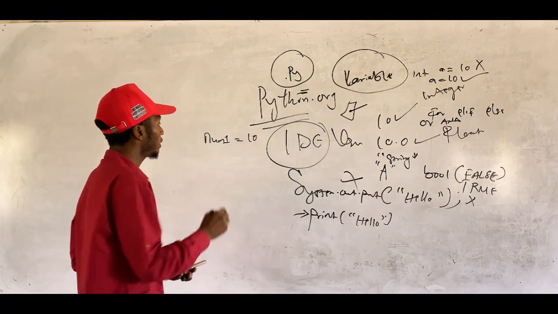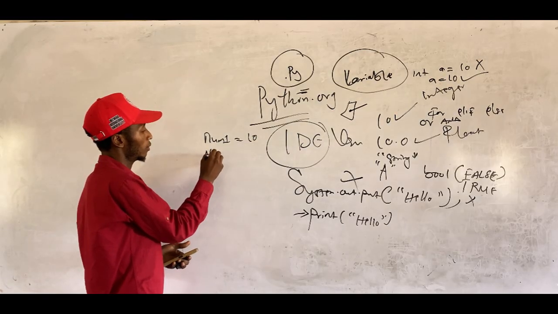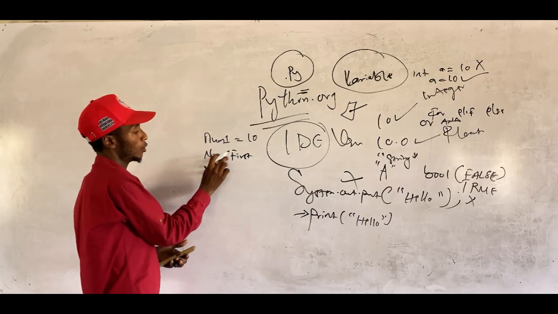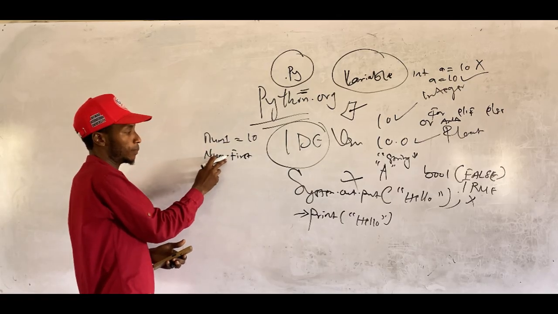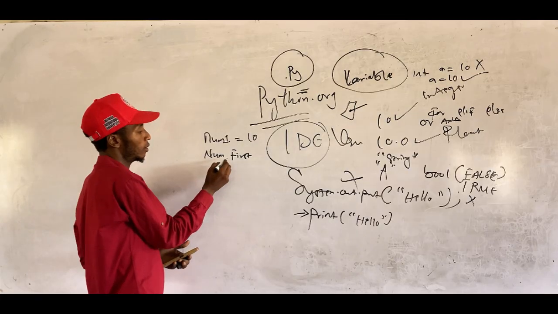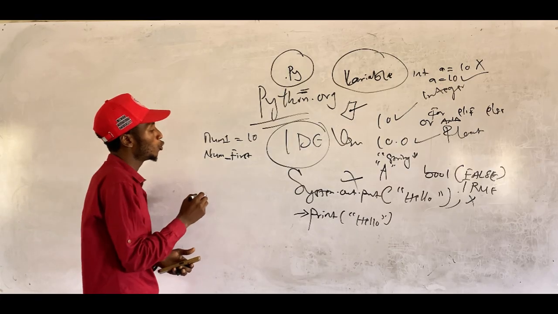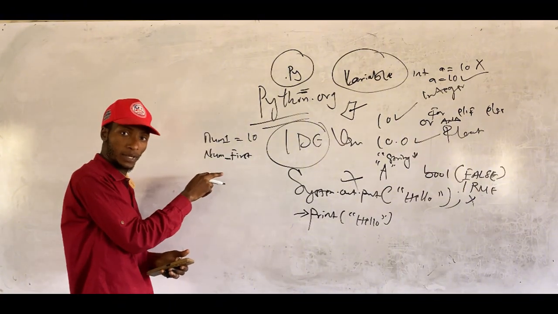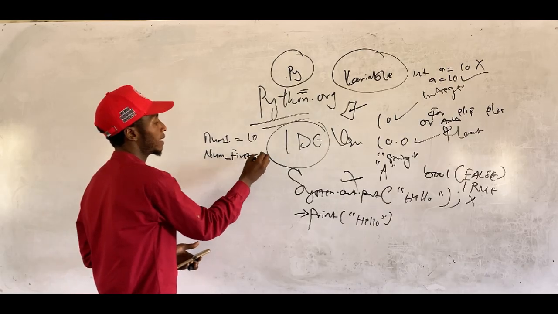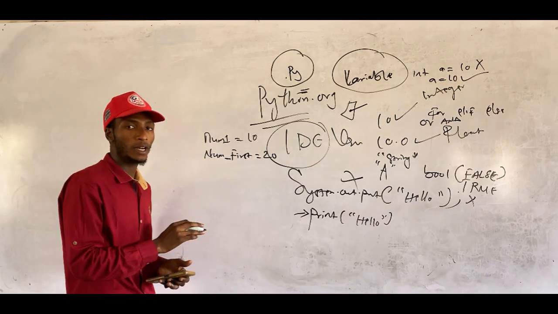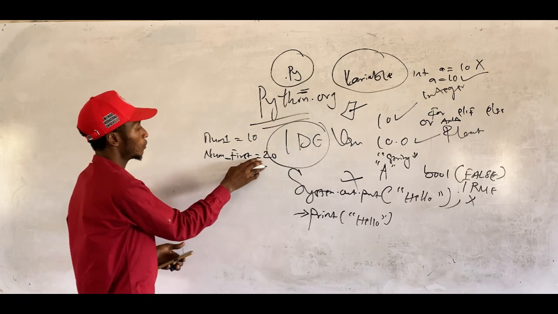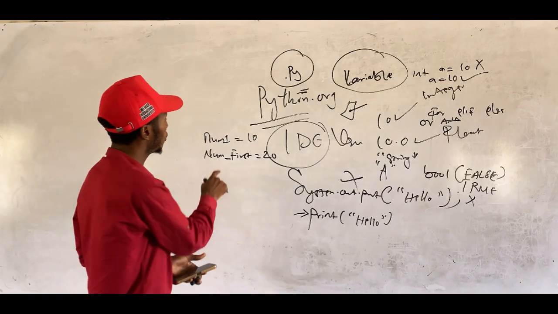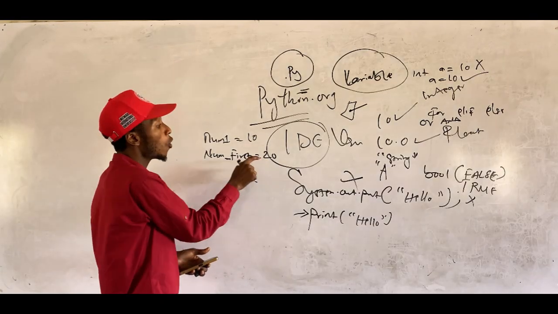And also, don't give a white space. Num first, don't give a white space. This is a white space. Don't give it, please. You should use an underscore to cover up this space. Then you will now assign the value of the variable you want to be present in num first. So this num first now is holding 20.